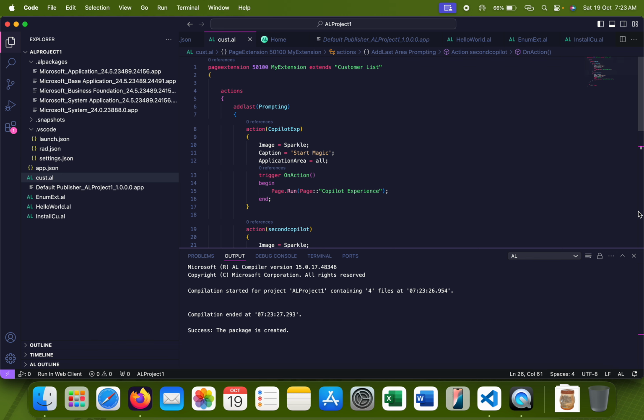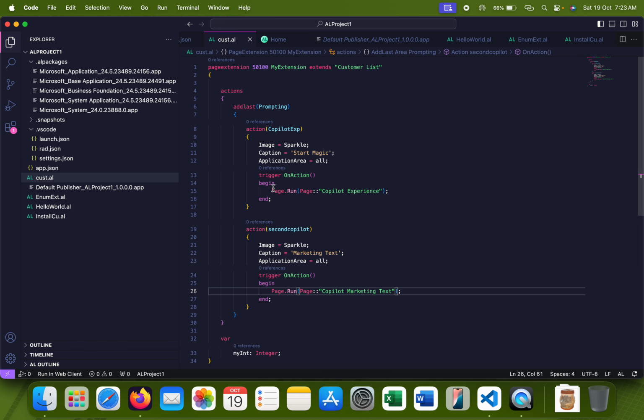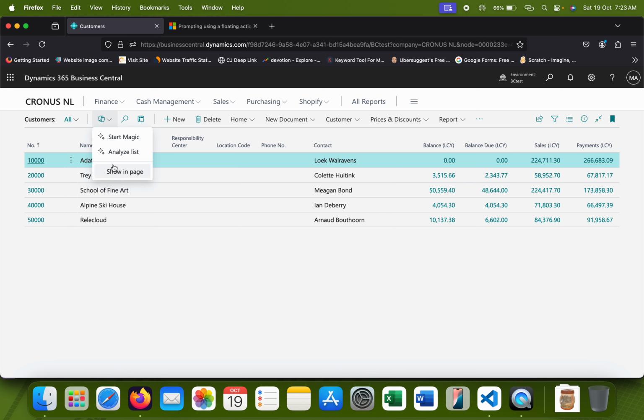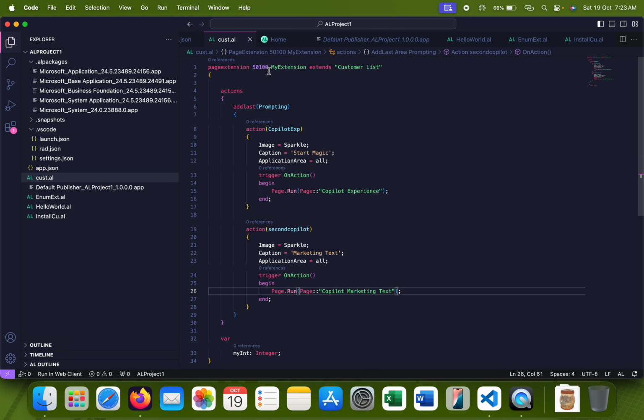So this is how we can add multiple actions of a Copilot page into this prompting area, and then it will show you the things in this manner, and then I can add it in my page itself, which is called the floating action bar. Similarly, although we are adding it in a page extension, if you really want to add this action bar or this Copilot action button in a completely new page, so let's say